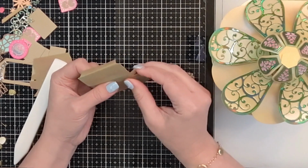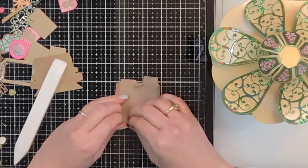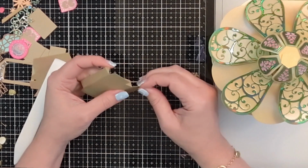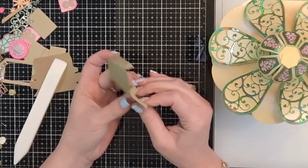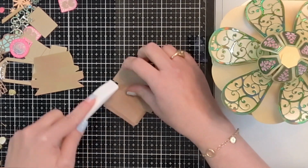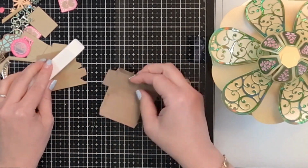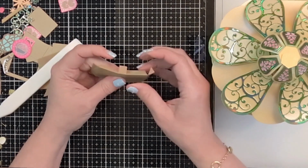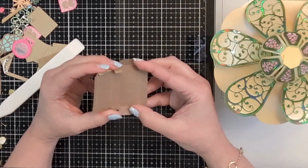These two are very, very small, so just be careful with the thinner tabs there. Okay, because you don't want to bend your paper. All right, and once you have it folded, you can burnish it. And there's one larger tab that you can fold. Okay, so this is all going to fold in,